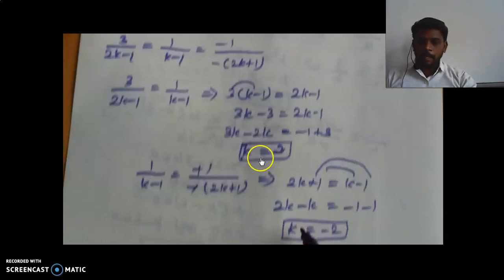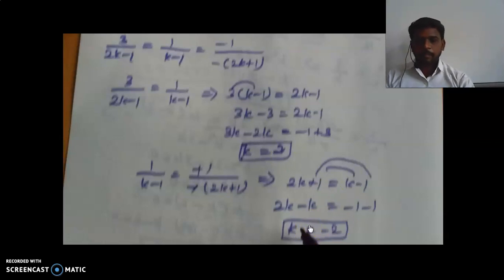Okay, so here k equal to 2 we already found by equating the first two ratios, and the last two are not equal, so that here also the not equal symbol will come. Therefore k not equal to minus 2. Right? So what is the value of k now? So the k value is 2. That's it. So that is the solution of this question. Okay, that is the value of k here. Okay, so here change it to the not equal symbol.